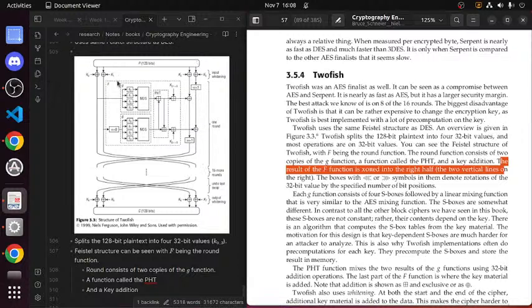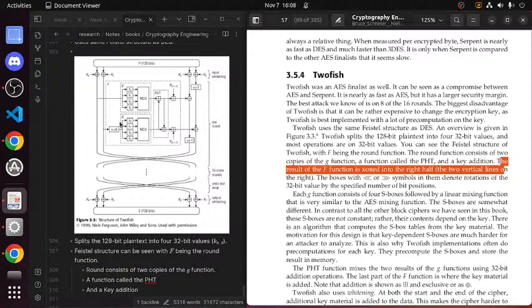You take the left side as inputs. You do all this stuff in the function. You do this little G thing. You do all this MDS. You do S boxes. You do this PHT function stuff. Yada, yada, yada, whatever. You do some additions. And then when you do your additions, you're going to XOR them with these 32-bit inputs.